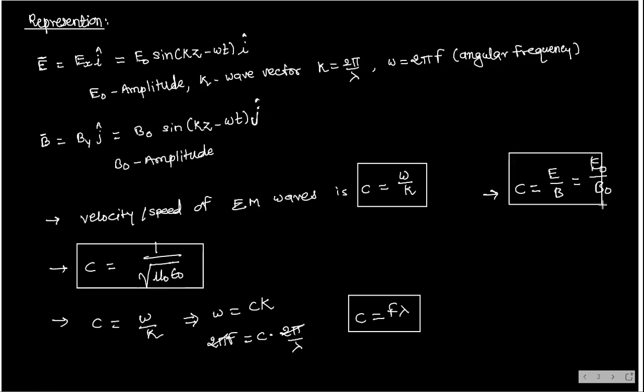So these are the formulas of velocity of electromagnetic waves in terms of amplitude of electric field wave and magnetic field wave. And always this c is equal to 1 by under root mu naught epsilon naught, which is equal to speed of light, that is 3 into 10 to the power 8 meter per second. In a medium,